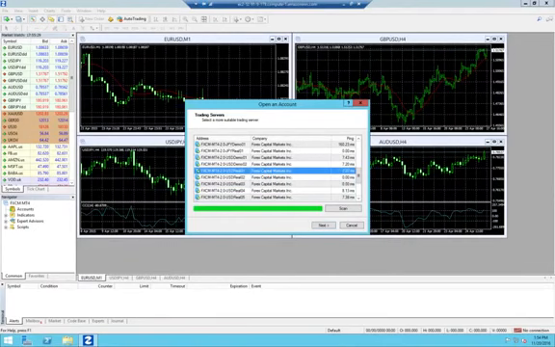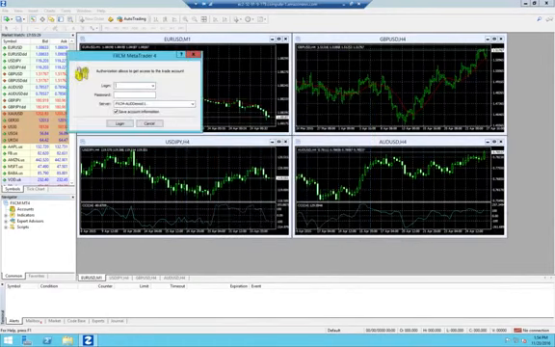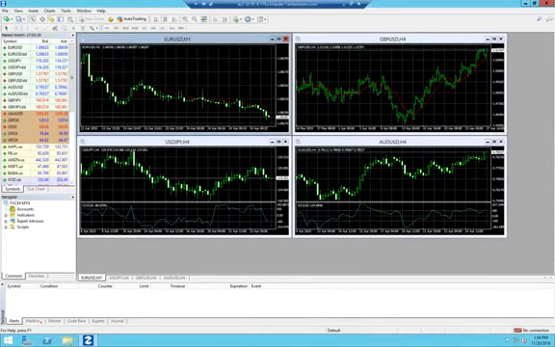7.27. So we went from a lot of you getting a 32 millisecond ping to a 12 with some people, and now we're down to a 7.27 for FXCM. So hopefully that will help out a lot of y'all. Okay, so let's cancel. I just wanted to see that, and let's exit and exit.